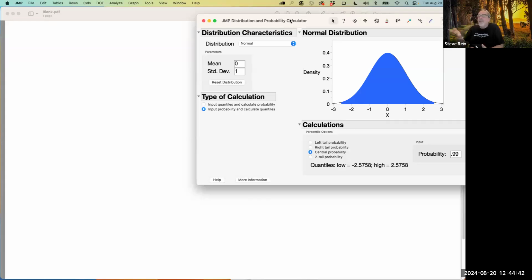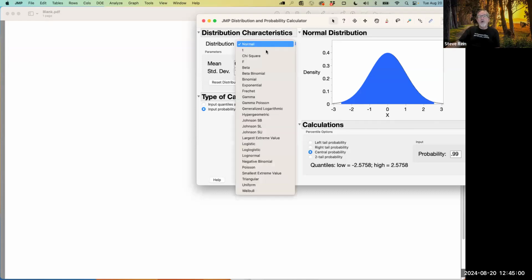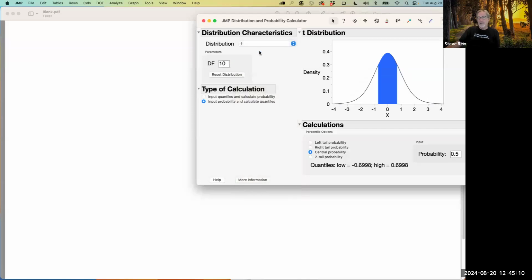The book walks you through how to use the T table. It's in the back of the book. I put a link to it on Canvas. You could download that and print it out to your heart's content. But most of you in past class sessions have said, yeah, that distribution calculator, I'm cool with it. I'll go ahead and use it. So what distribution? Let's just use the next one down. The first few are sorted in terms of how likely you are to need to use the tool. T is the commonly used.